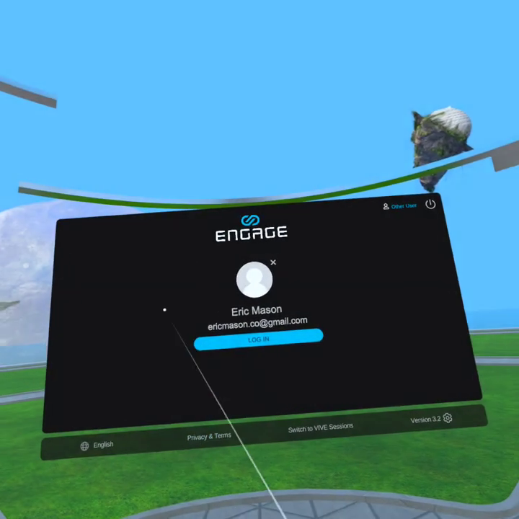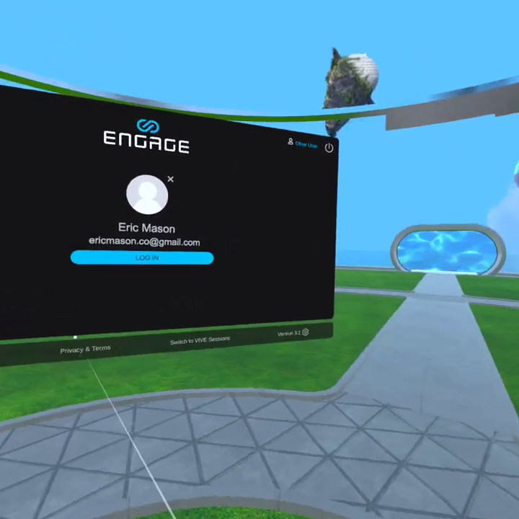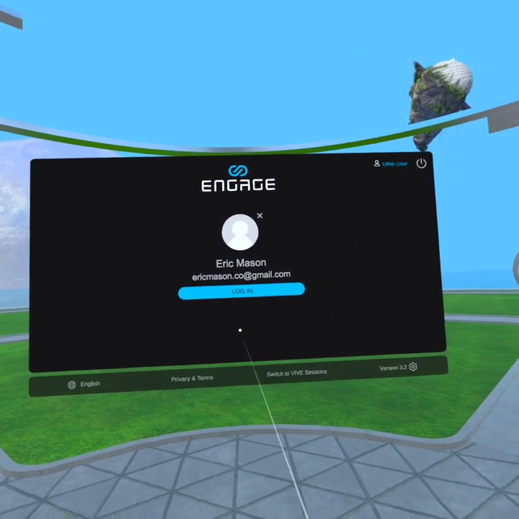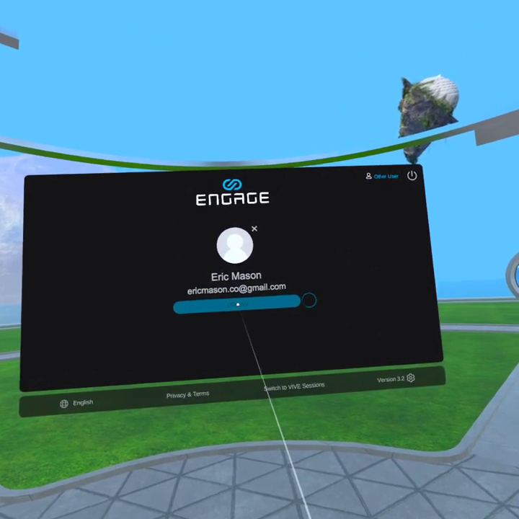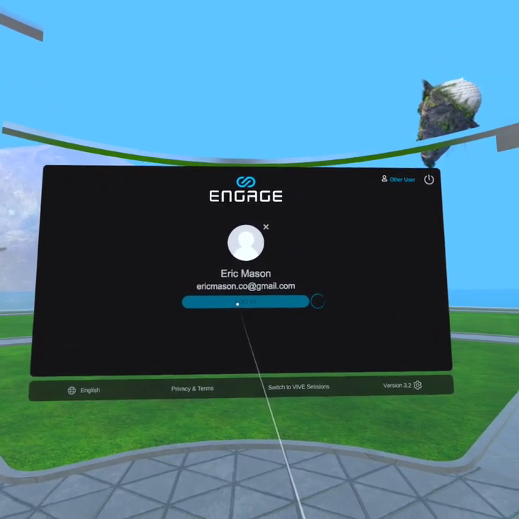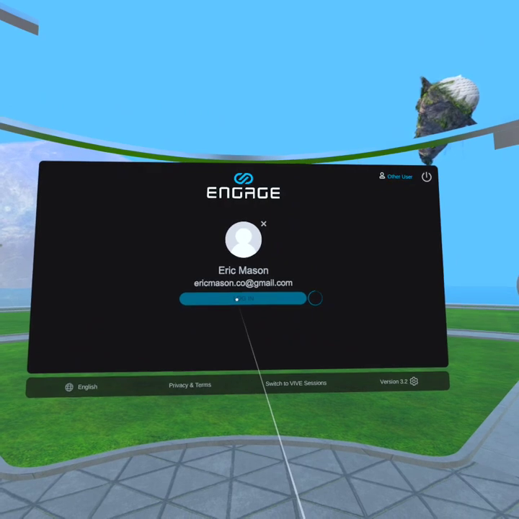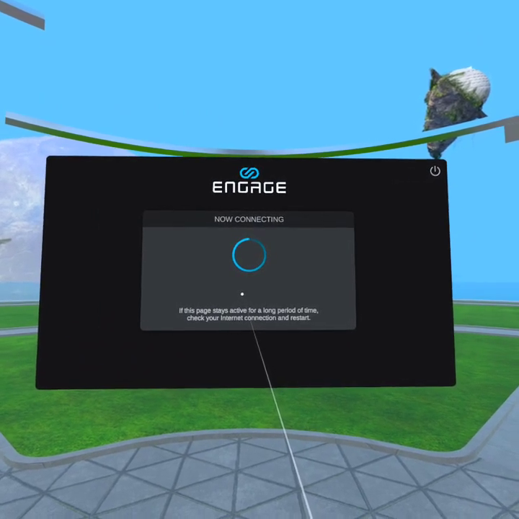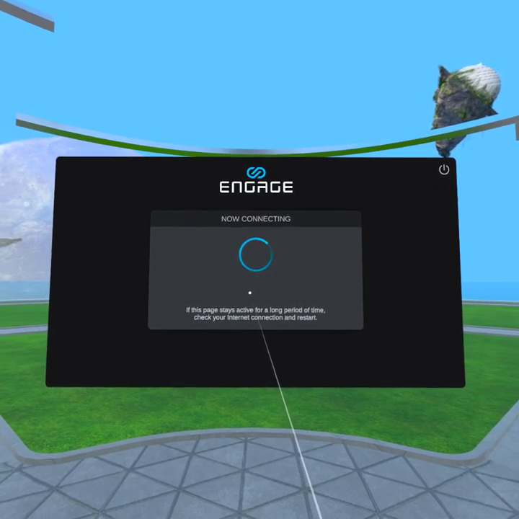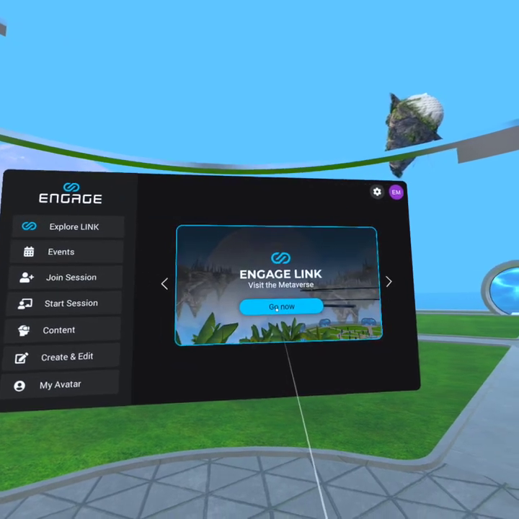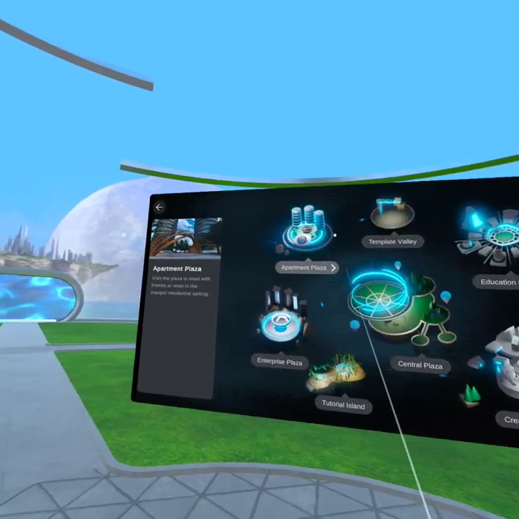Takes it just a little bit to get there. And it's going to open up the screen for you. If you don't have an account, you'll have to go ahead and create a user. I think it'll either show up just create user or log in. I'm going to go ahead and log in under my email. All right, I'm going to go ahead and open up Engage link, and it's going to open up this library